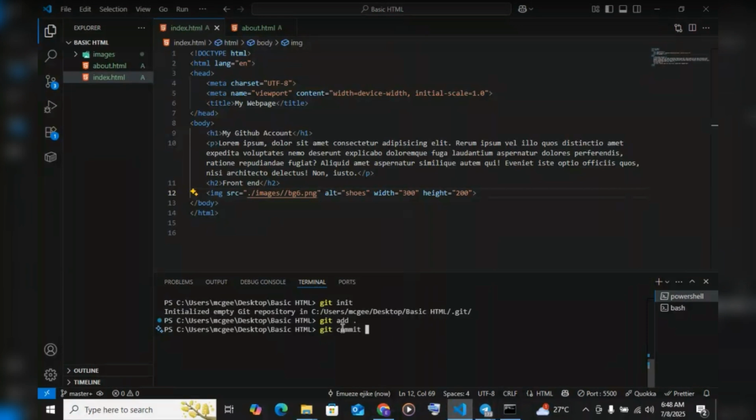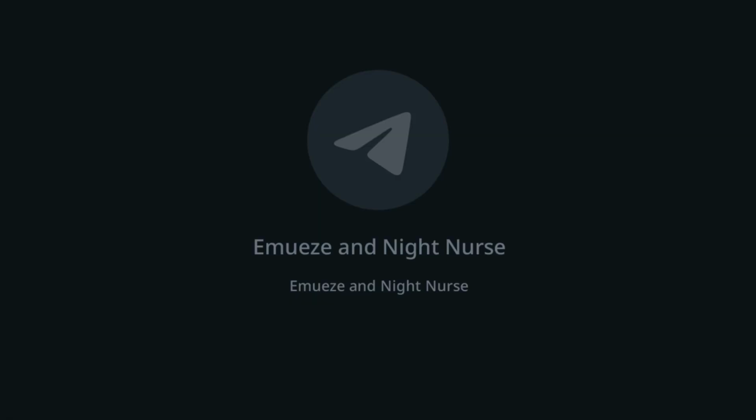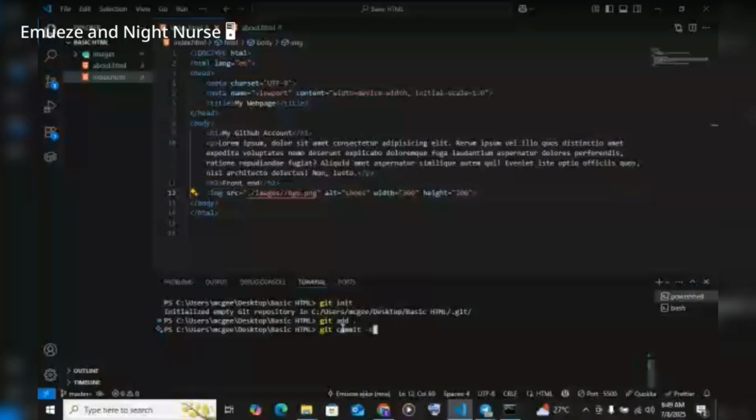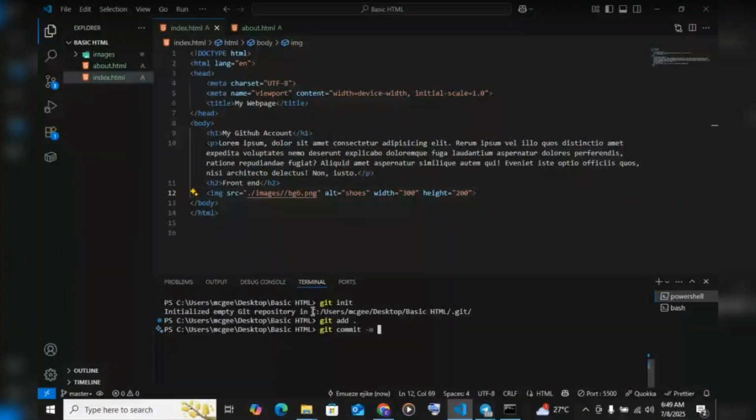by saying git commit space minus m. All your commits must have a comment, otherwise it will not work. So for every update you make for your code, you have to commit it. That is, you have to update it and give it a comment. Now you do git commit minus m, then you put a colon and write the comment. Let me say this is my first commit,